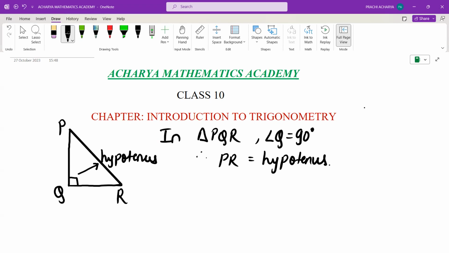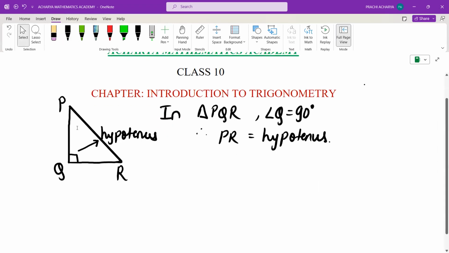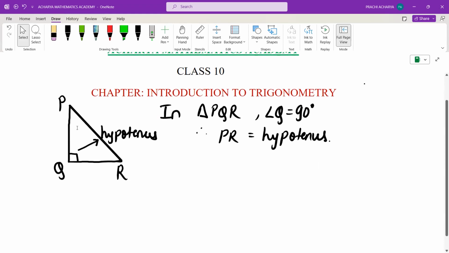And from standard 7, I guess we are in touch with Pythagoras theorem. Now we will move a little ahead in this topic to what is trigonometry and what are trigonometric ratios. So let me tell you, once you understood what is hypotenuse, trigonometric ratios is nothing but